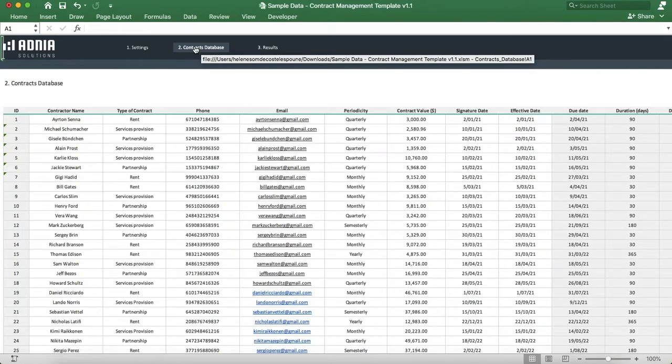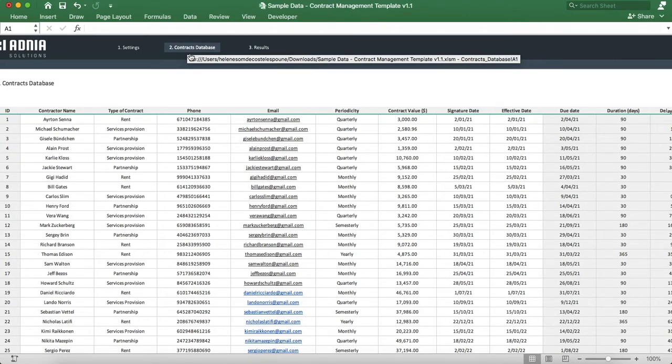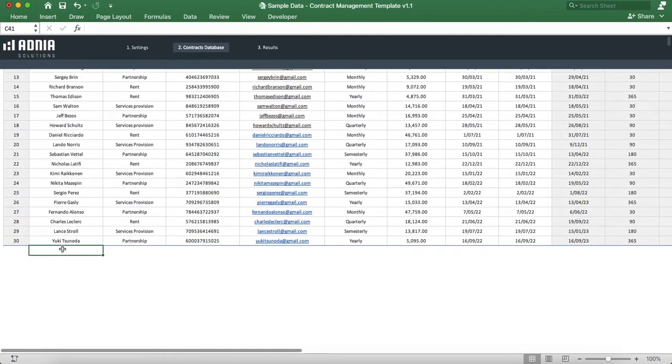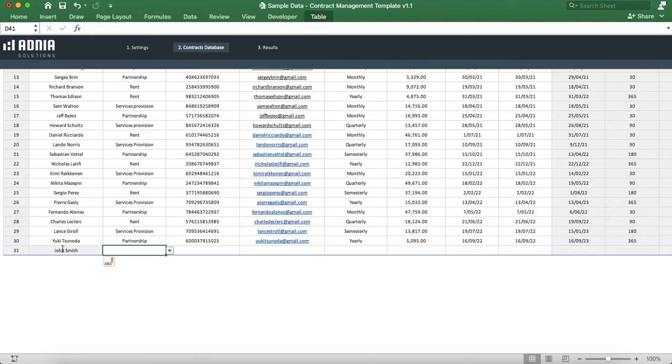This is the main data input section, where you enter the list of contracts and their corresponding details. Let's set up a new one together. We'll enter the contractor name, select a contract type, enter a dummy phone number, dummy email,